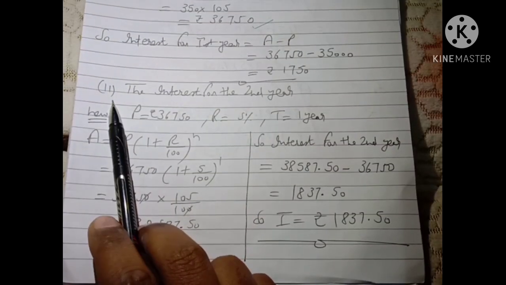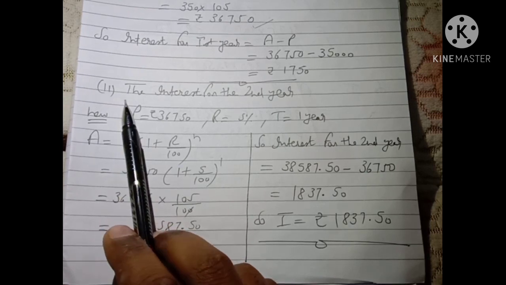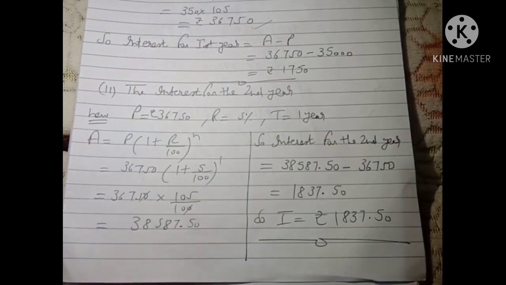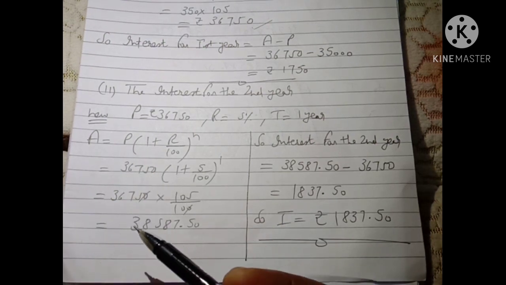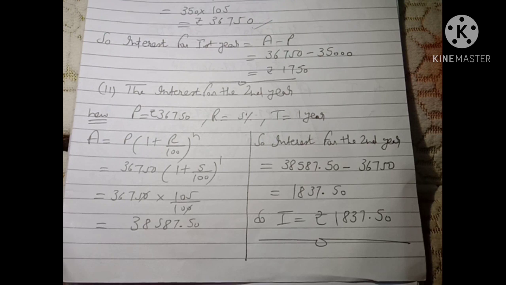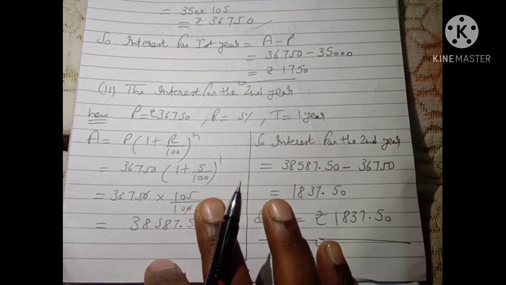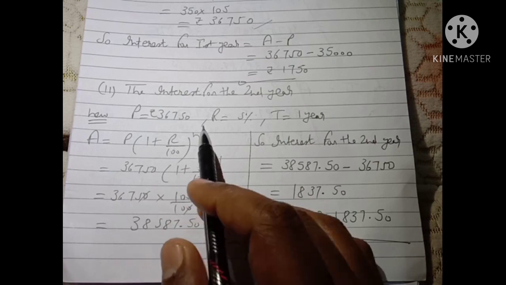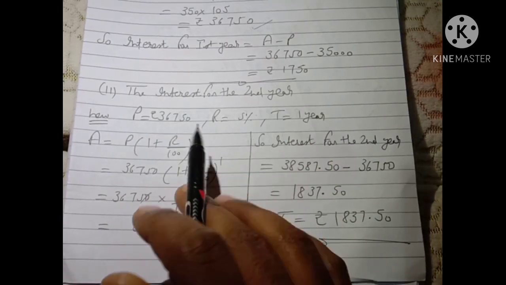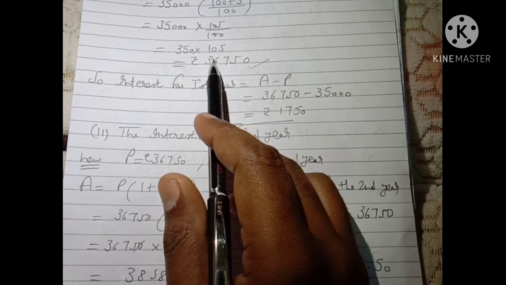Okay, now in the next part of the fifth sum, find the interest for the second year. We have just calculated the interest for the first year, so again we have to find the interest for the second year. We had already calculated the amount for the first year. When finding the interest for the second year, we have to change the value of the principal, which will be equal to the amount of